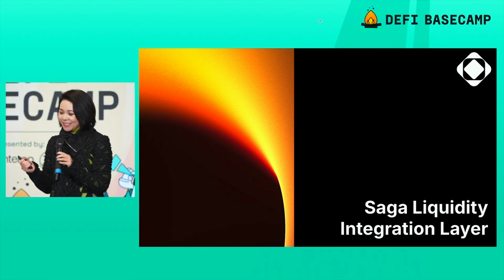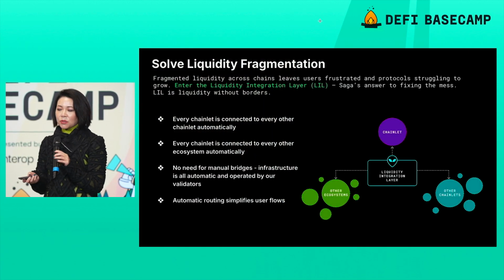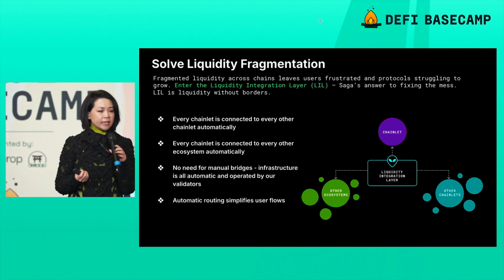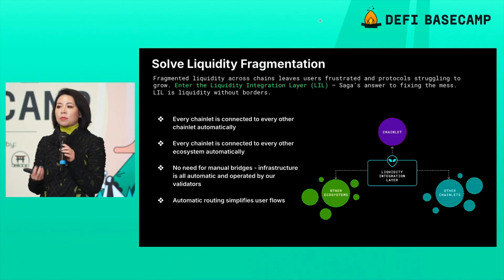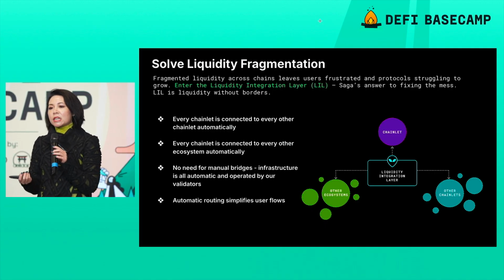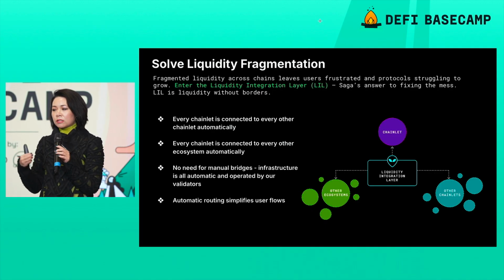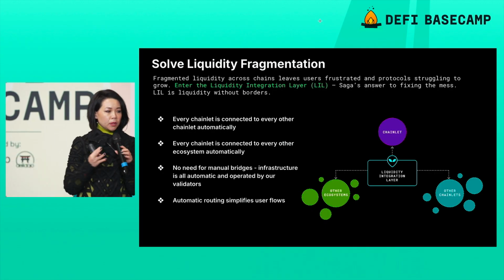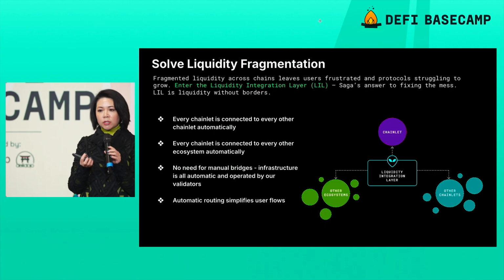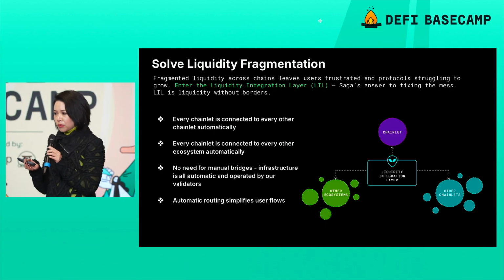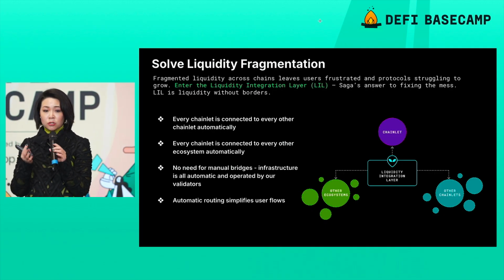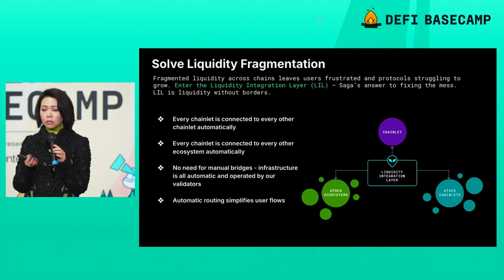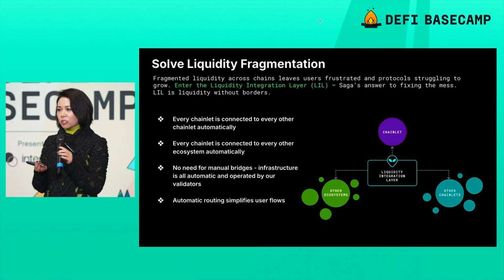All right, which brings me to our liquidity integration layer. Next slide, please. All right, so solving liquidity fragmentation. I'm sure for those of you who are technical or if you've been in the space for a very long time, you recognize the problem immediately: when you start to scale across multiple different block spaces, the system fragments. So you have liquidity that is trapped in each individual chain, and unless you have a fully interoperable system, that liquidity is going to remain trapped in that chain. That ecosystem is going to be much poorer as a result. So we really needed to solve liquidity fragmentation.